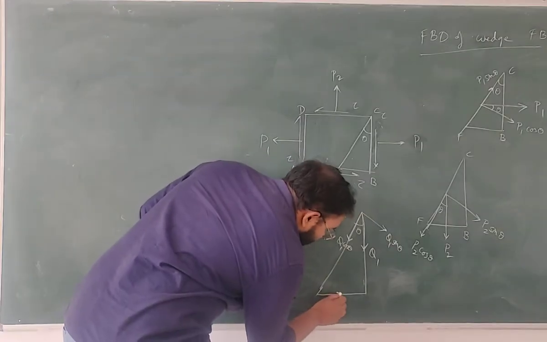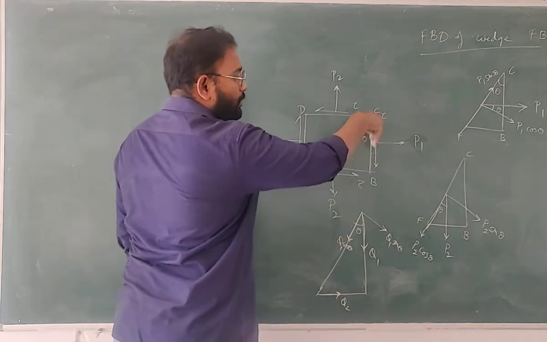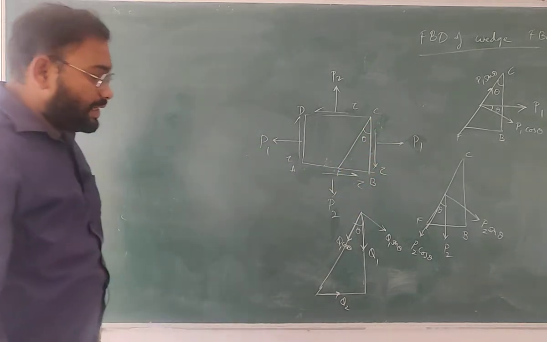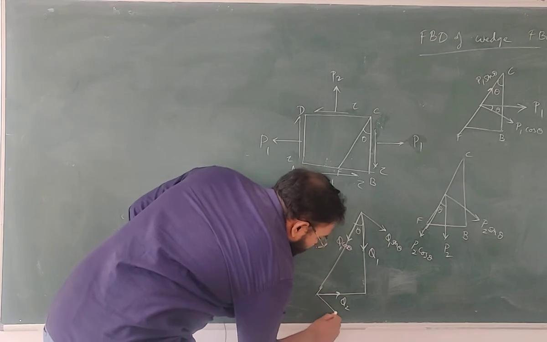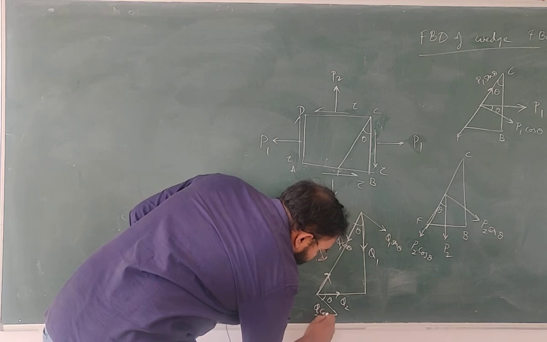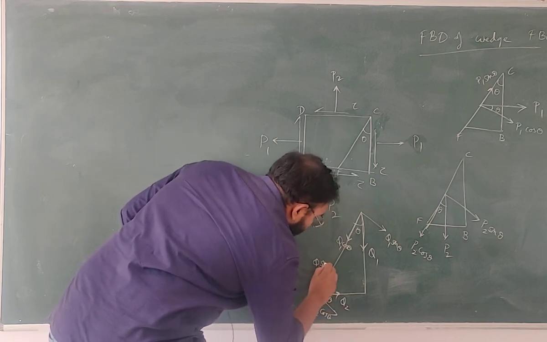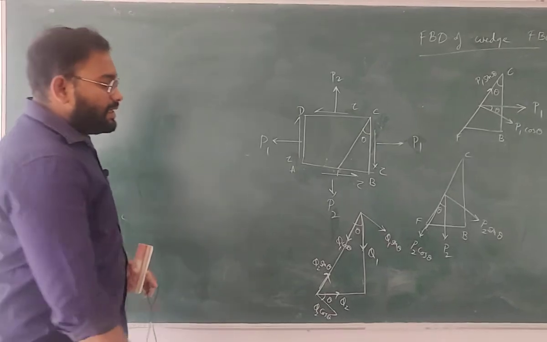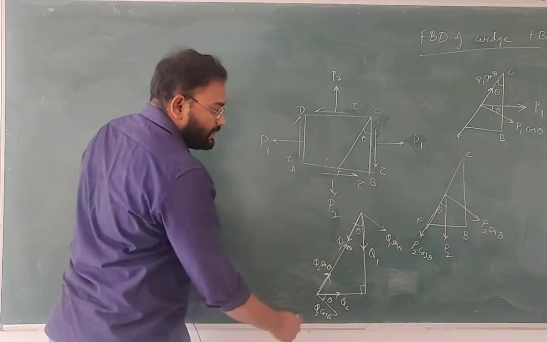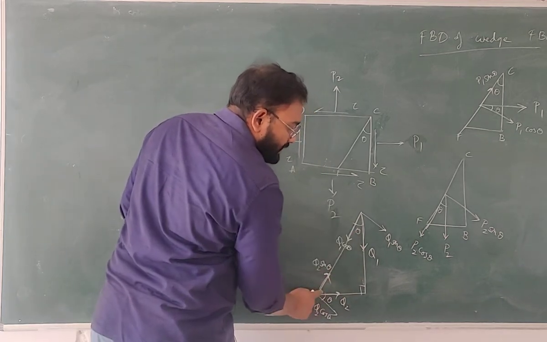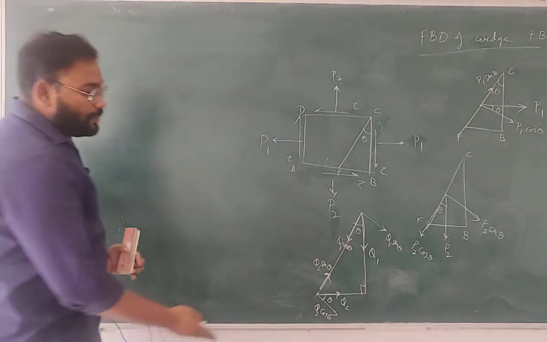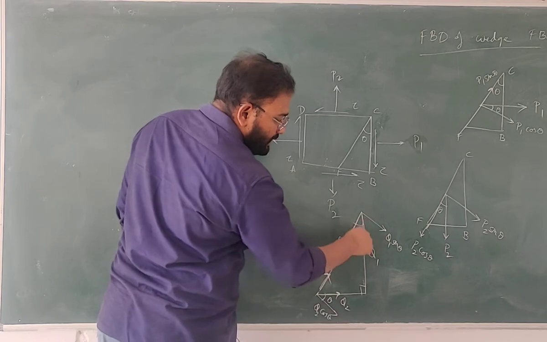Now again you have Q2 like this. Q1 and Q2 are in the direction of tau. So these are the two components now. This is theta, Q2 cos theta and Q2 sin theta. If you see, this is a right angle triangle with a 90-degree angle here. So if you want to calculate this angle, it will be 90 minus theta, so this outside angle will be theta. So Q1, Q2 cos theta, Q2 sin theta, Q1 sin theta and Q1 cos theta.